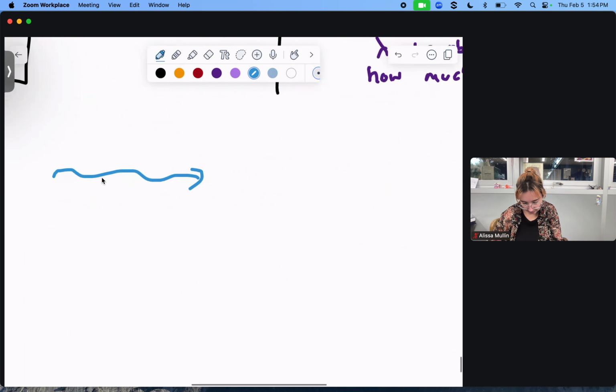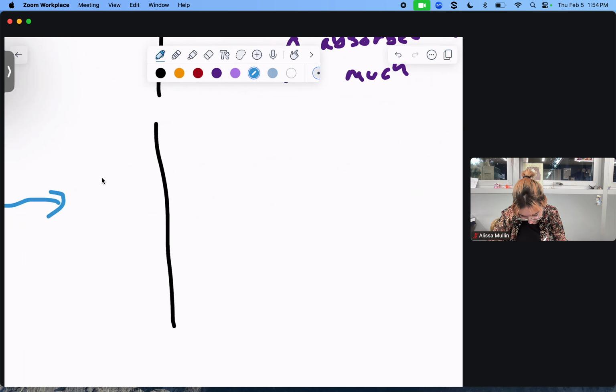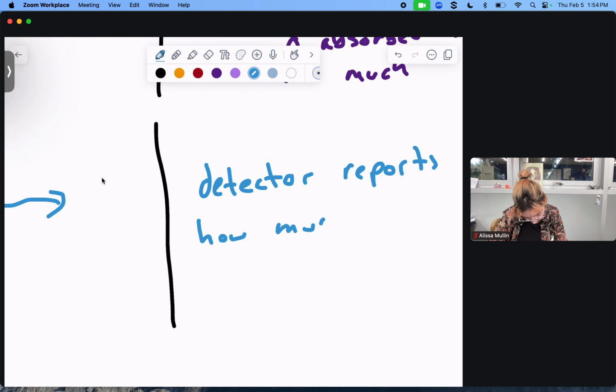And the detector could tell us, you can kind of get this from the absorbance, but let me just write it out. Detector reports how much of the light